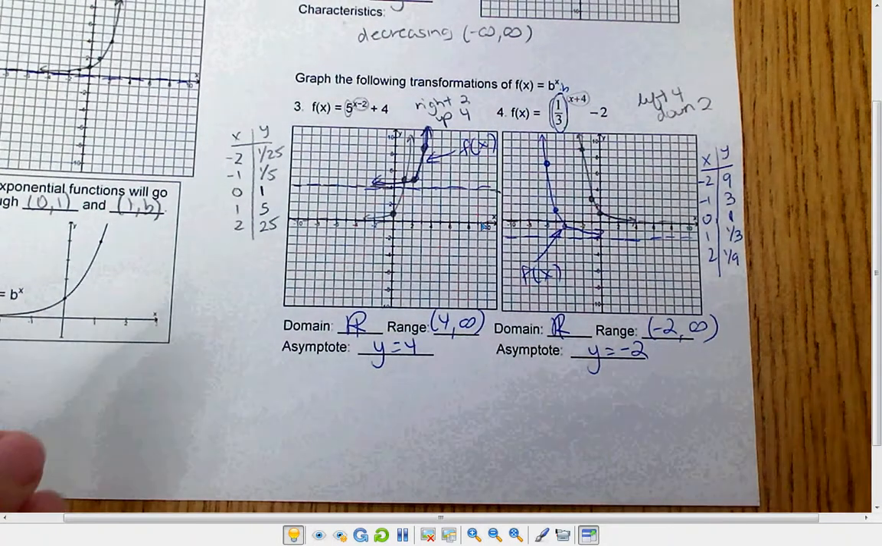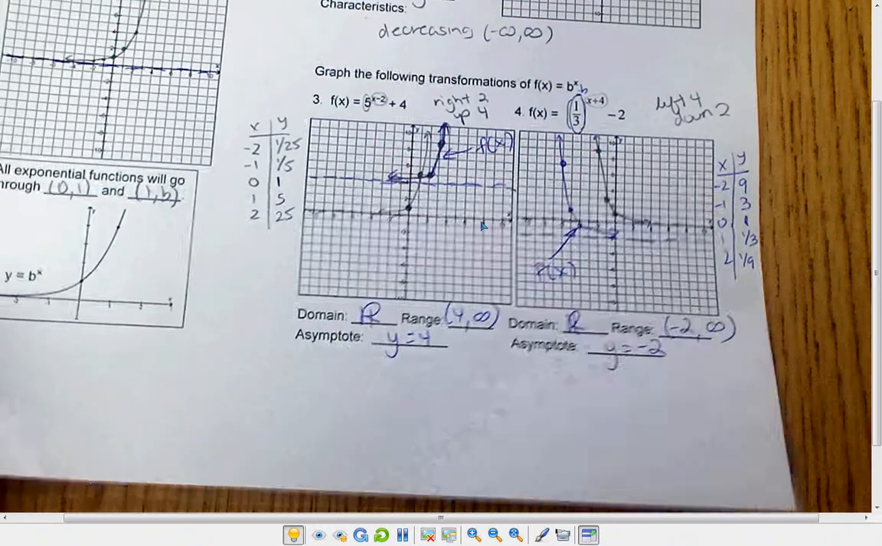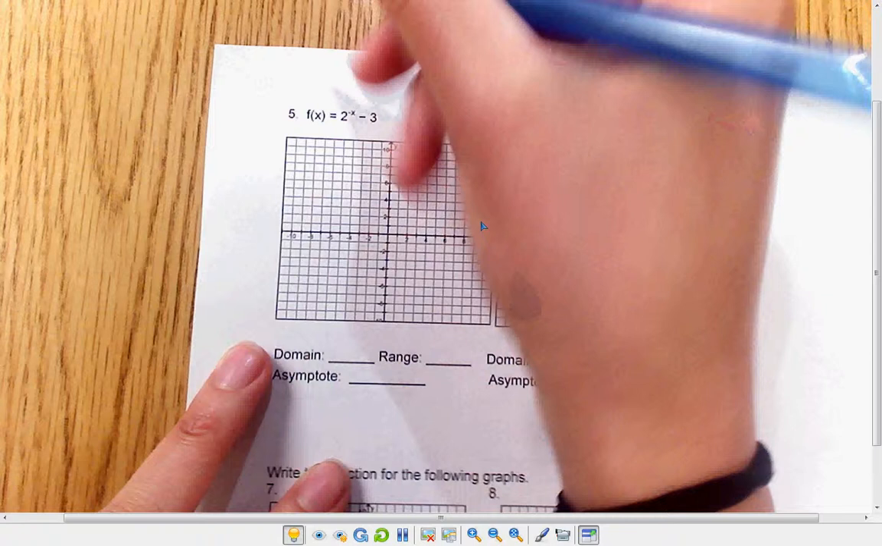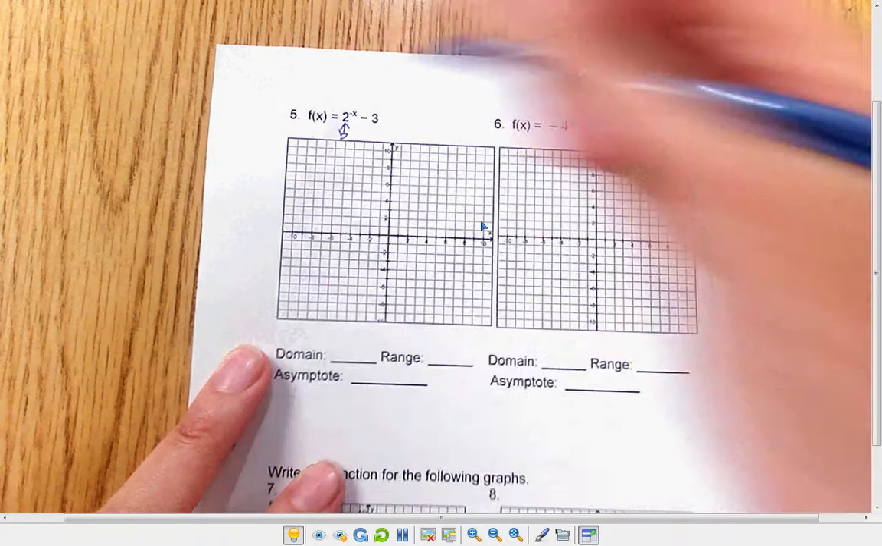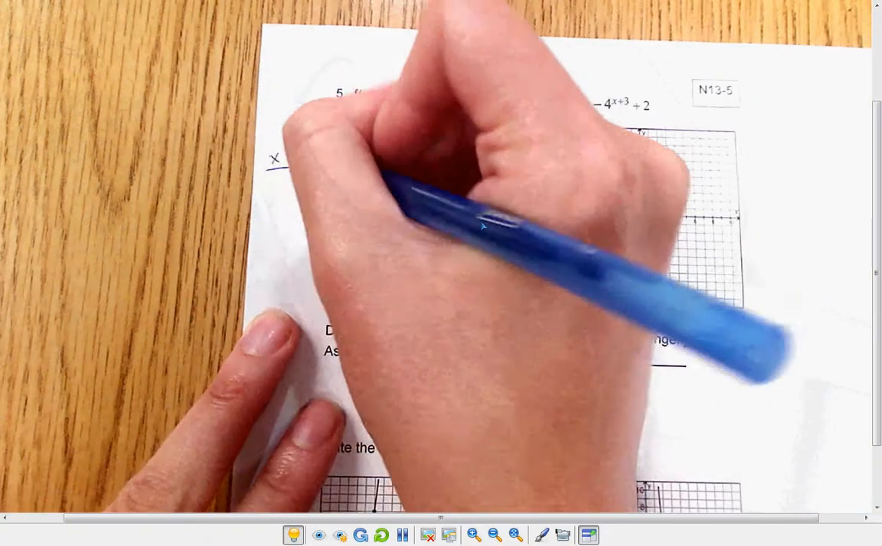Okay, let's flip to the back. We're going to do a couple more examples. So for number 5, again, we're going to start off with our base. This is a base of 2. So my parent function is,